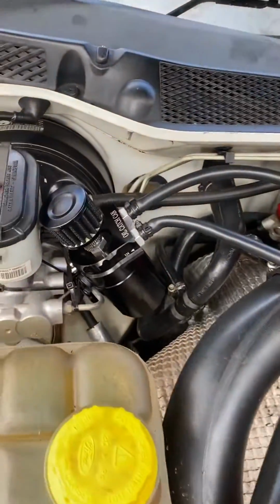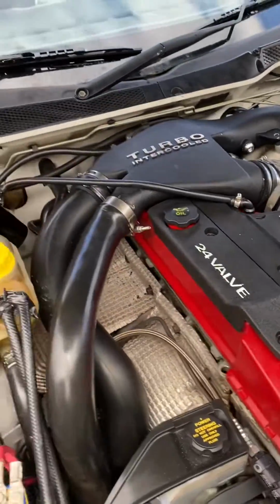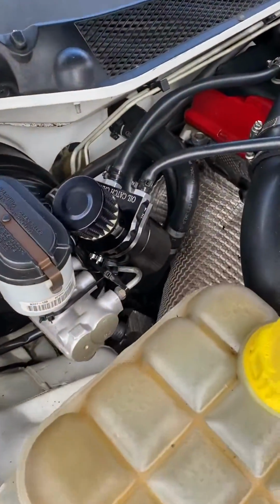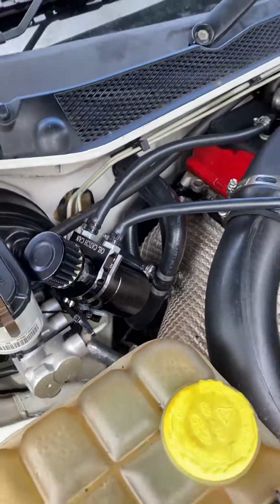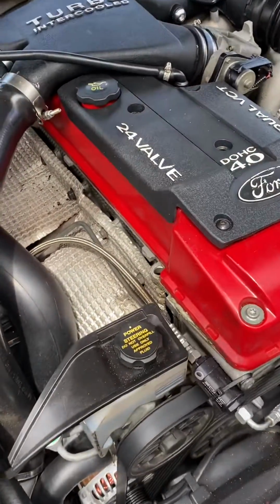So yeah, I hooked up a catch can for my XR6 turbo. I think it was like 25 bucks from eBay, but I had eBay Plus credit, so it was pretty much free. So what I did,